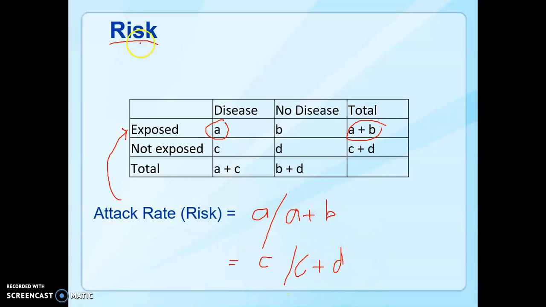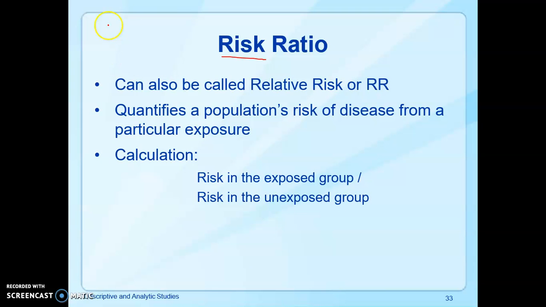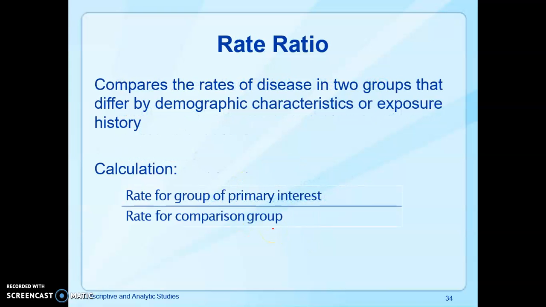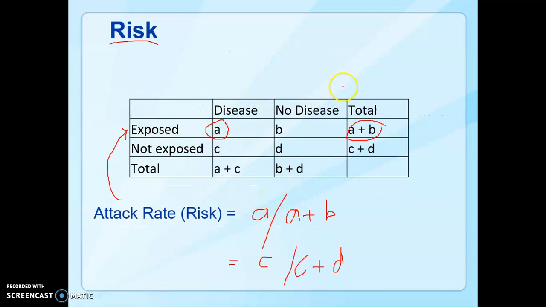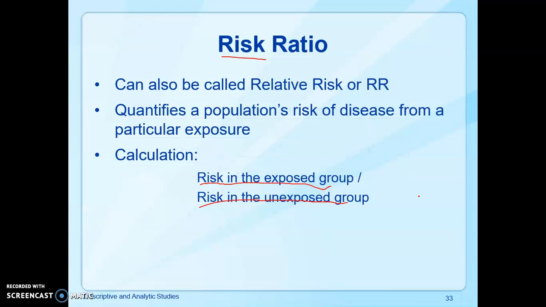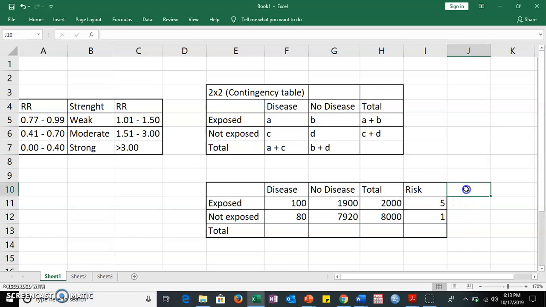So that's the formula ni risk. Balik ta sa risk ratio. Ang formula sa risk ratio is ang risk sa exposed over the risk of the unexposed. Nakita ninyo ang table. So kuha na ang risk sa exposed o unexposed. Ang pagkuha ani is balik ta sa Excel. So RR is equals to